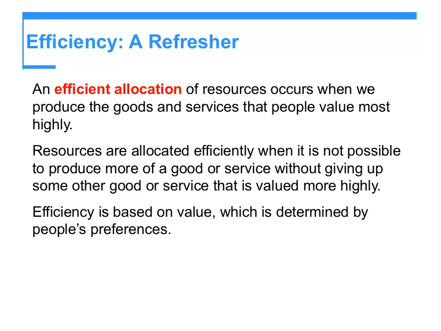Okay, so I was explaining for you. This is one of the ways that we can actually describe efficiency of allocation. When you cannot allocate any more on any good or services without giving up on any other more important goods and services, that is when we reach already to efficiency. The efficiency is based on value, which is determined by people's preferences. So you may prefer certain item over another item, and that is the value that you give to the product. So people actually are going to have different type of preferences, and that causes different efficiency.